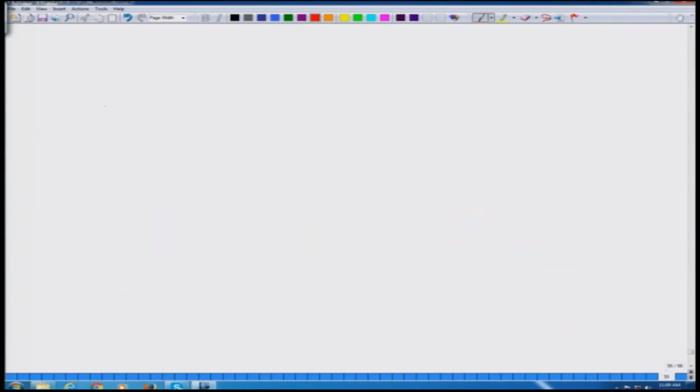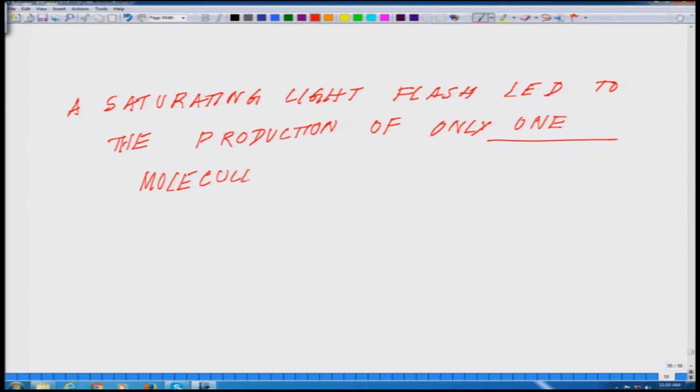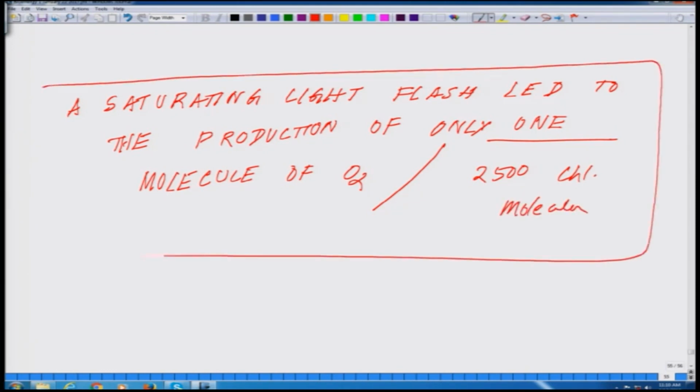The observation is one of the critical experiments. A saturating light flash led to the production of only one molecule of oxygen per 2500 chlorophyll molecules. This is that critical statement